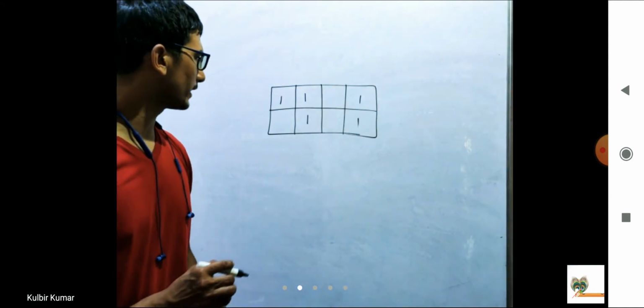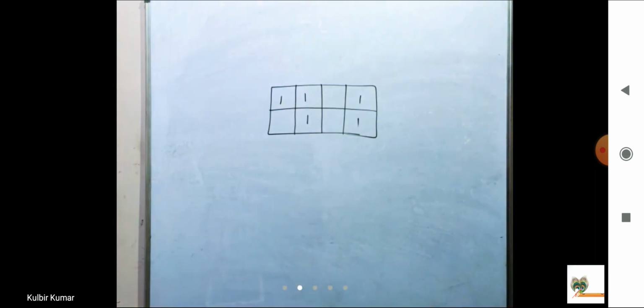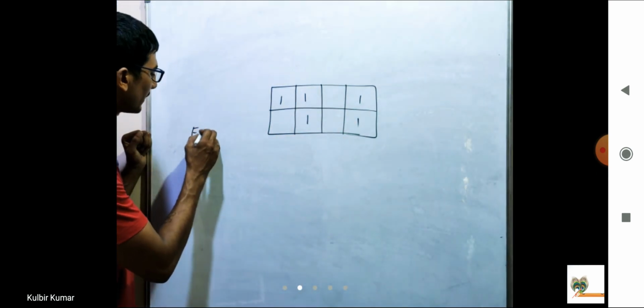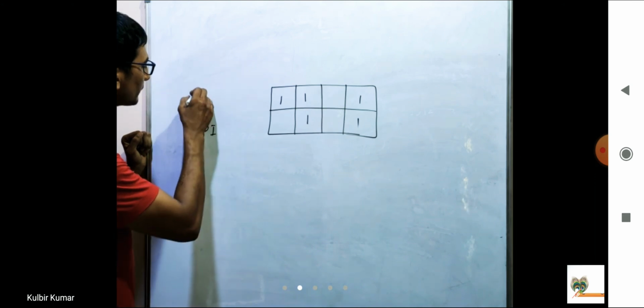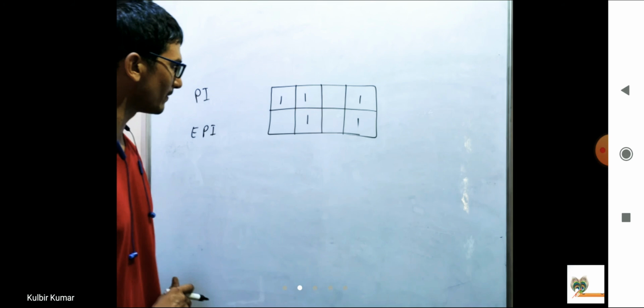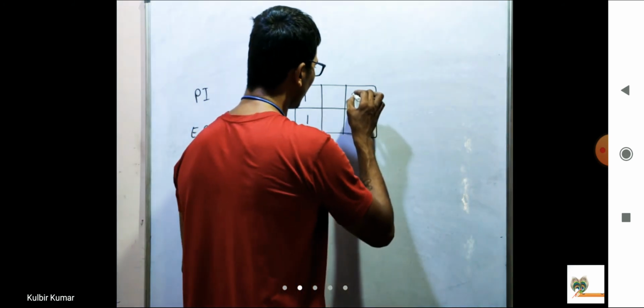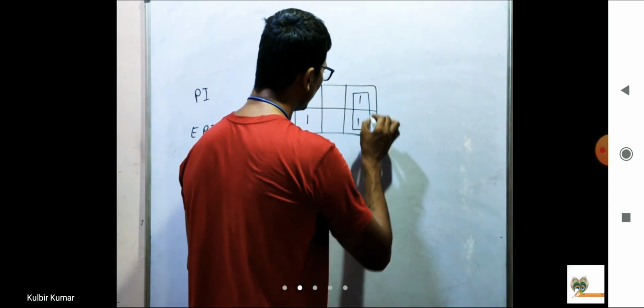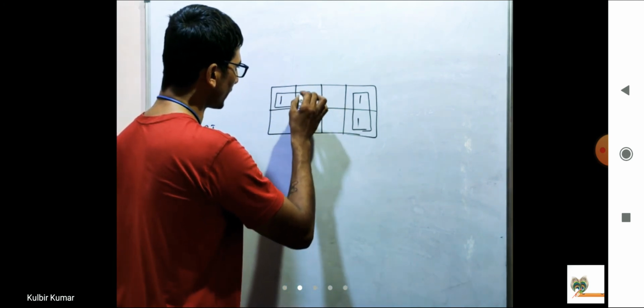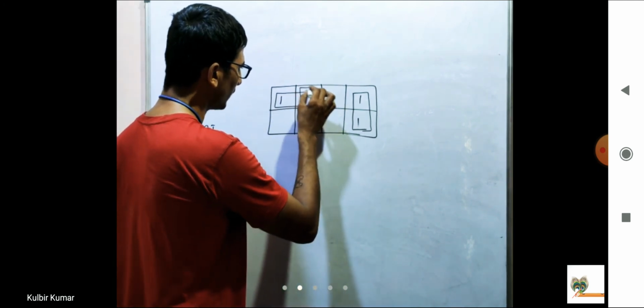Okay, so I think you know both definitions: what is an implicant and what is a prime implicant. Now let us come to the next thing, that is essential prime implicant, and essential prime implicant को short form में EPI भी बोल सकते हैं. So you know what is prime implicant, PI, and now let us come to the definition of essential prime implicant. So first of all, I think I can make this pair. Further, I can make this pair, and last one I can make this pair as well.